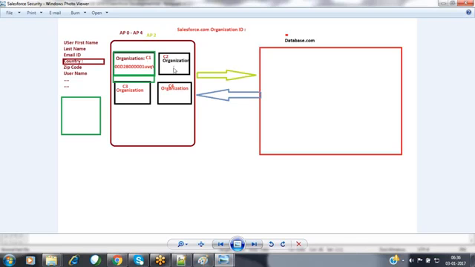But now there are some cases here. Assume that I am a person having two businesses. I am into banking, and I am into finance also. I have two organizations of my own. One is banking, the second one is finance. For banking, I have a separate organization, and for finance, I have a separate organization. Inside the banking organization, I have developed one banking application. Inside the finance organization, I have developed a finance application.